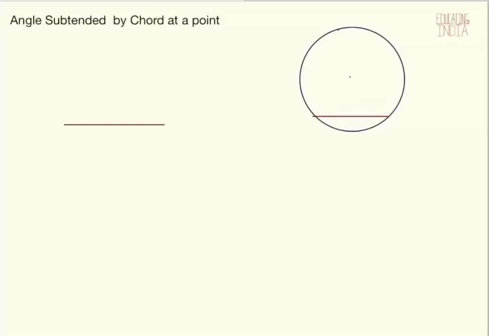Normally, for any line segment, how much angle it draws to any point is what we call subtend. Just join the two corners of the line segment to the point. So this line AB, how much angle does it subtend? This much angle. Suppose this angle is x. This angle x is subtended by line AB. Line AB subtends angle x at point O.